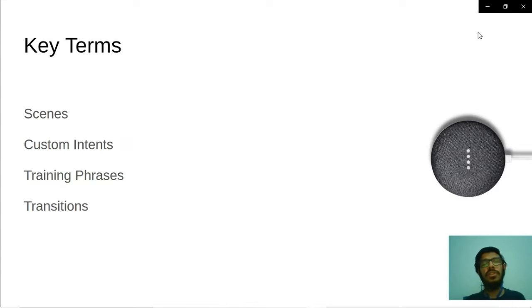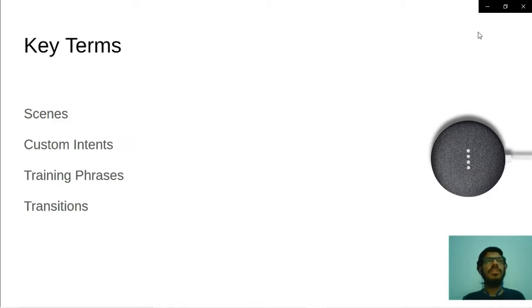So next is transition. Whenever the conversation moves from one scene to another scene, then transition comes into play. Let's say in my previous interview example, when the greetings from both sides end, you start with the actual conversation. You start with the introduction. So the transition between greeting and introduction, that is what it is. The way you are transitioning from one scene to another scene comes under transitions.